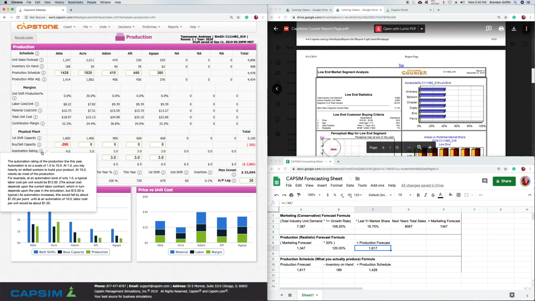Let's look at this automation rating. Automation is on a scale from 1 to 10. At 1, you rely heavily on skilled workers. At 10, robots do most of the production. So, at a 1, labor cost would be $12 per unit. At a 10, labor cost would be $1.2 a unit. But